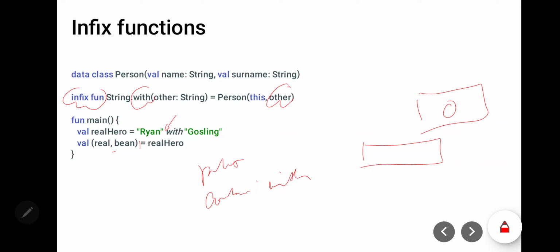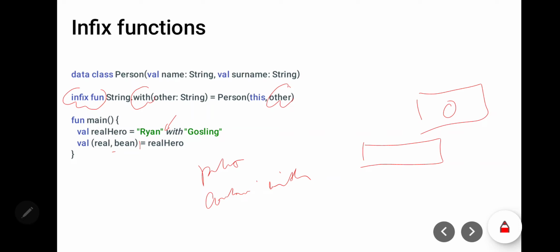And it is an important thing, if you use an infix function, you don't insert a dot or parentheses, but you can write like human language, Ryan with Gosling.